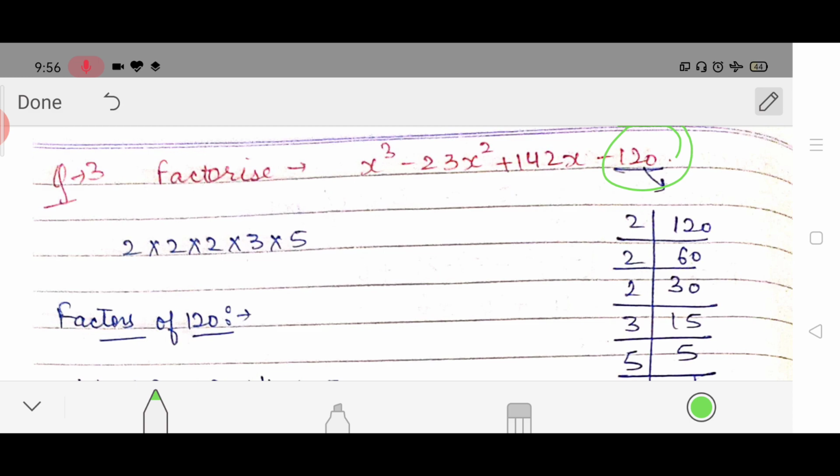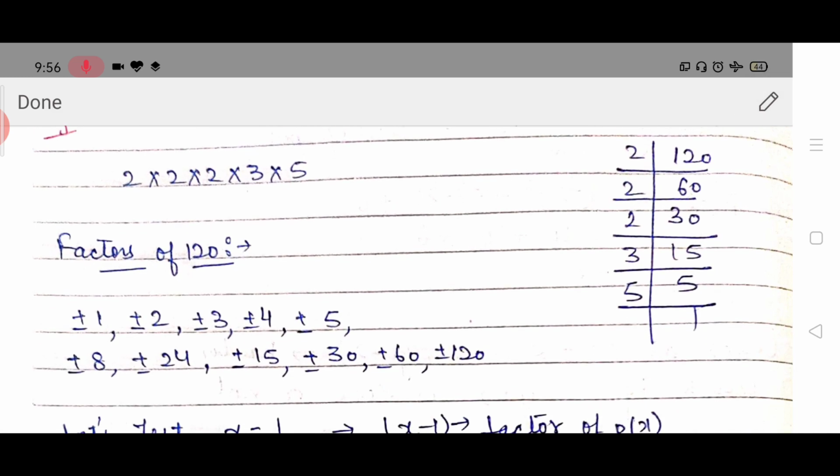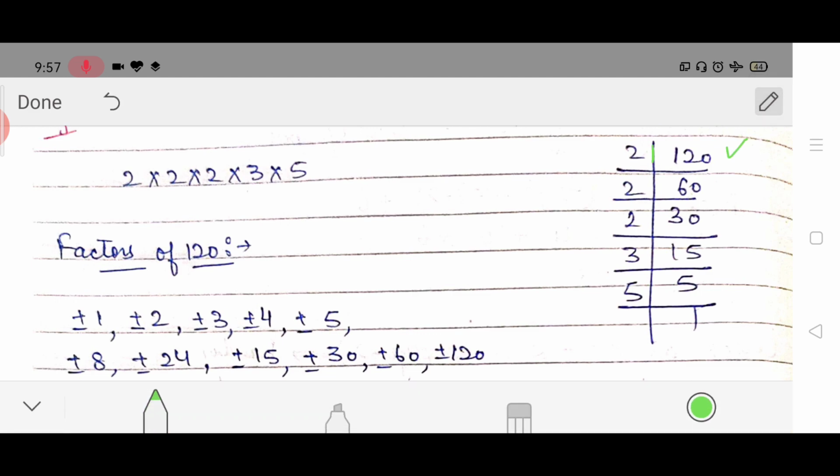सबसे पहले क्या करना है, जो क्यूबिक पॉलिनोमियल है उसमें constant term देखो क्या है, इसमें 120 है, तो उसके बाद सेकंड स्टेप क्या करना है, you have to make the factors of 120. How can you make the factors? You have to take the HCF, you simply divide it to make the factors. Here we have solved 120 by this method, that is 2, 60. You all know this method very well, so you make the factors of 120 like this. After doing this, you write the factors, that is 2 into 2 into 2 into 3 into 5. These are the factors that come out after solving.